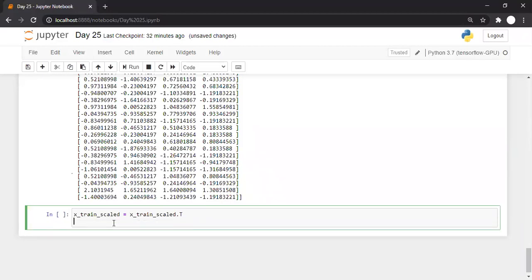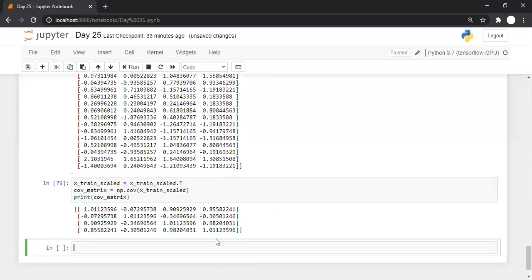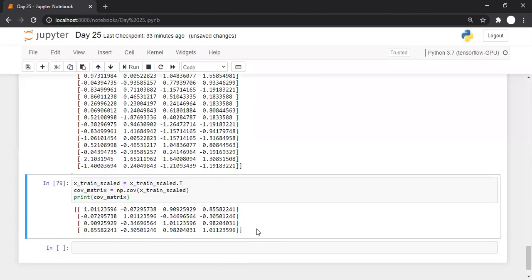For that, cov_matrix is equal to np.cov, to which we pass this scaled data only, and let us print cov_matrix. So this is the covariance matrix. It holds the covariance between the zeroth feature and the zeroth feature, zeroth and first feature, zeroth and second feature, zeroth and third feature.